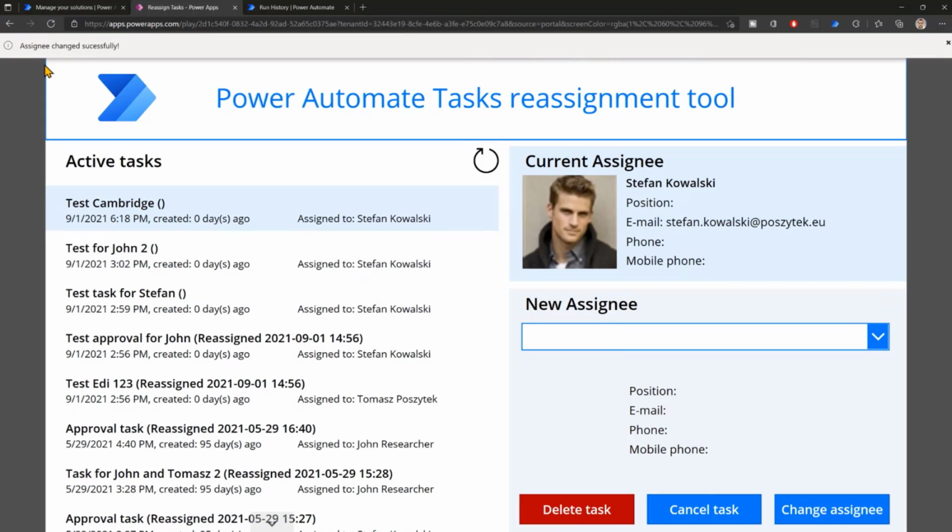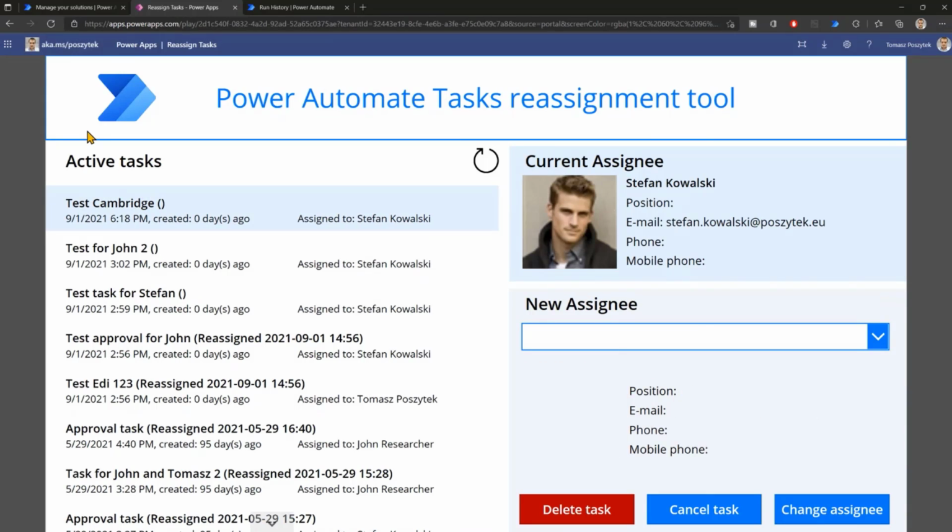So the application tells me that this has been completed successfully. This should now refresh so that the assignee is also refreshed and changed. Or if not, I will refresh it manually. Yeah, now that's the bummer. That should work. At least it was working fine just moments ago.